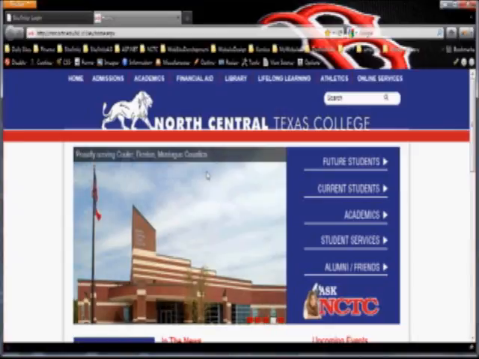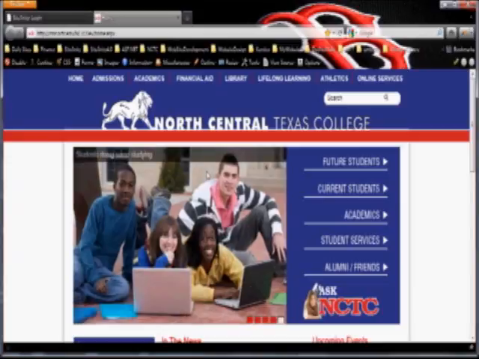You just basically go to the back end, the admin side of the website, and using your credentials, you log in to edit your pages. So from there,